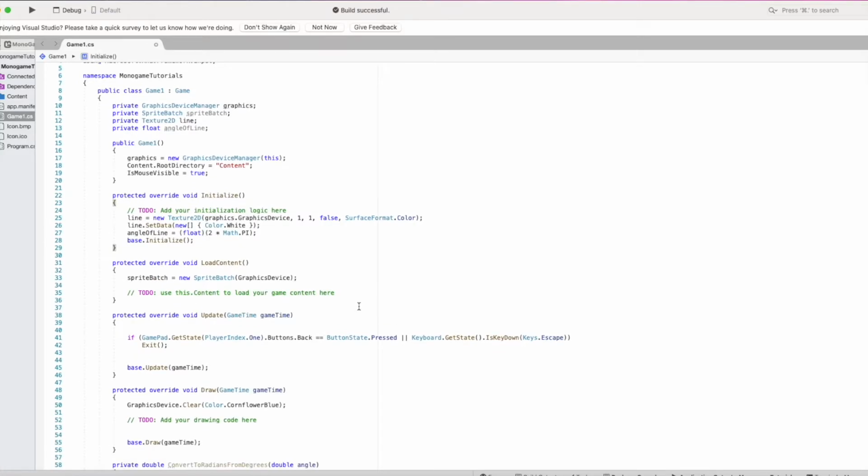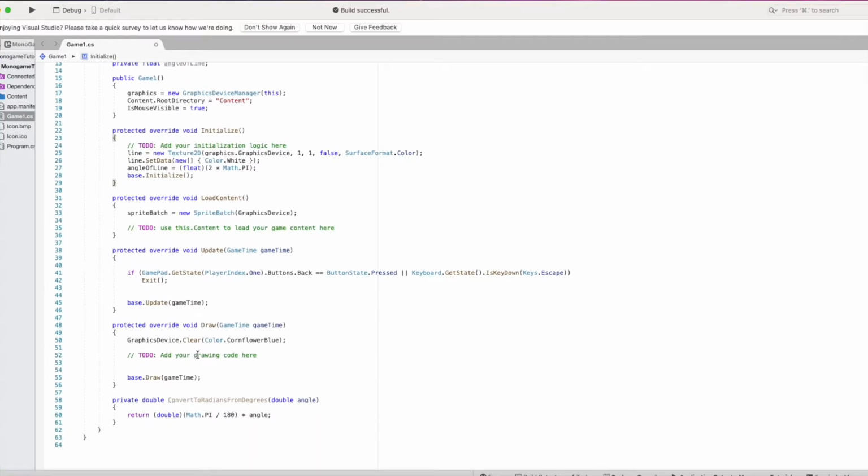And now we'll go to Update. In Update, we're not going to update the angle of the line yet. We're just going to keep it at 2 pi. So now for the big line,